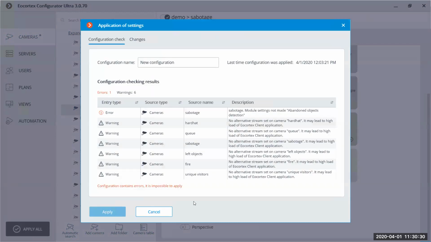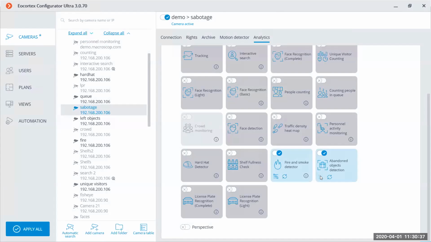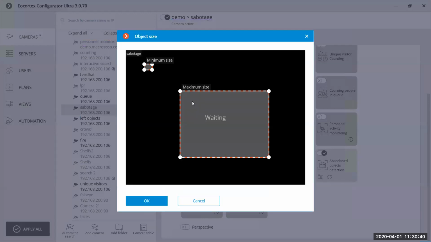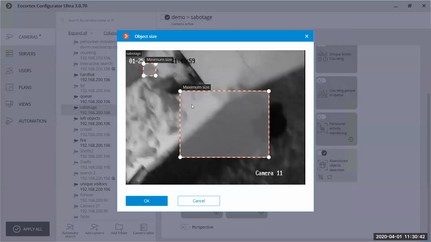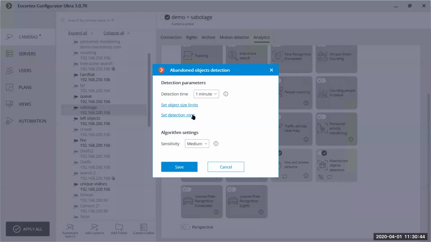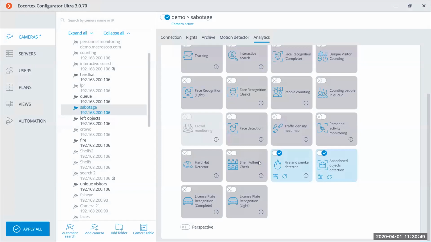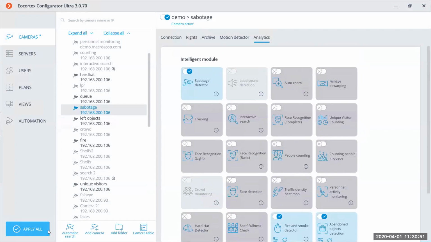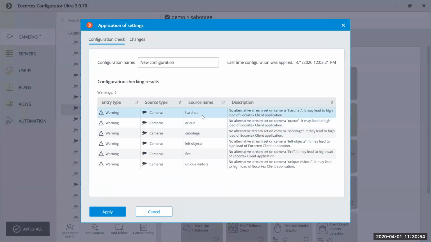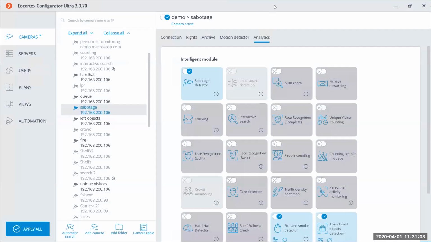And if we check right now, you may notice that there was an alarm, but it wasn't about the simultaneous usage of several modules. It was about the settings of the module. So we can see here that now I configured the module, and these three modules can work at the same time on one camera. So yeah, that's possible.